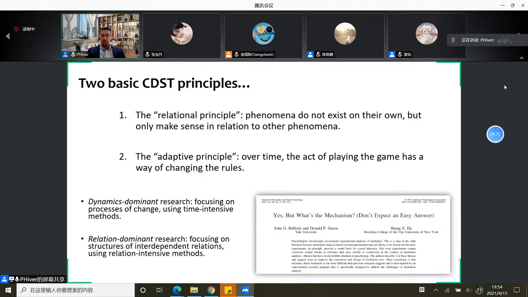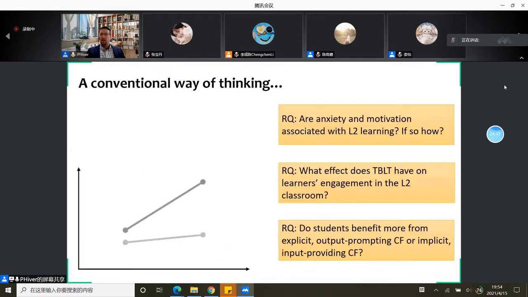Of course, complex systems also have parts. So another basic approach is relation-dominant research. And in relation-dominant research, we describe systems' parts and their interactions, and we focus on complex structures and relations in the system. Now, the idea of dynamics-dominant or relation-dominant research is very abstract, and examples are always worth more than explanations. So let me very quickly give you some